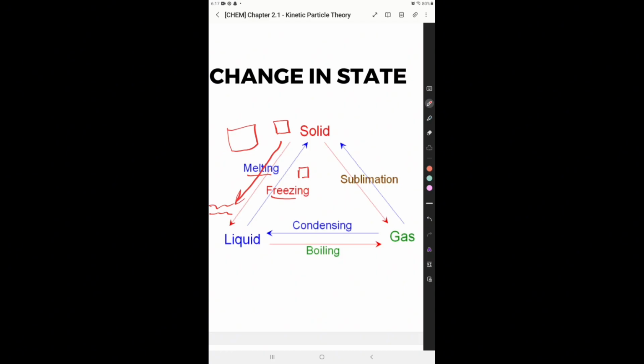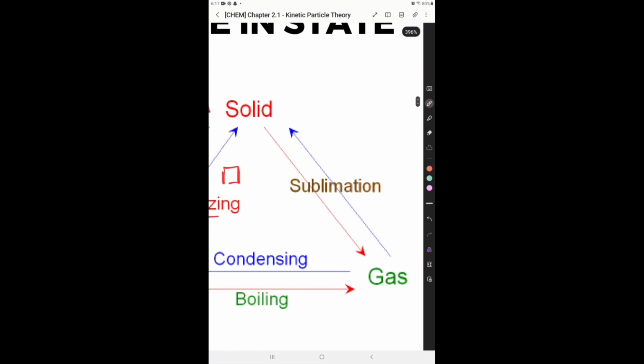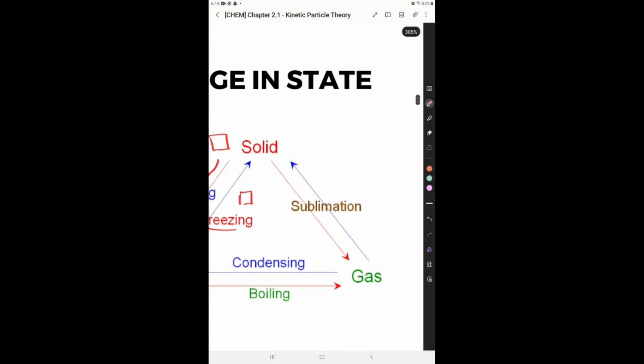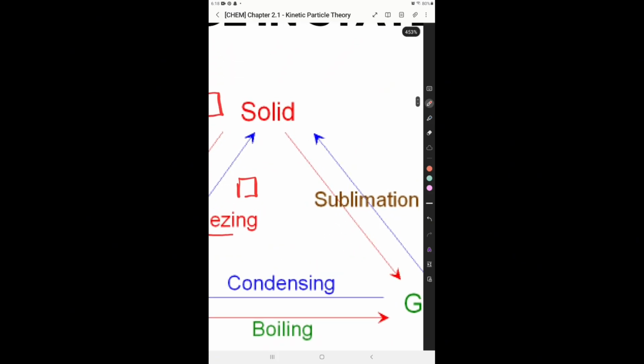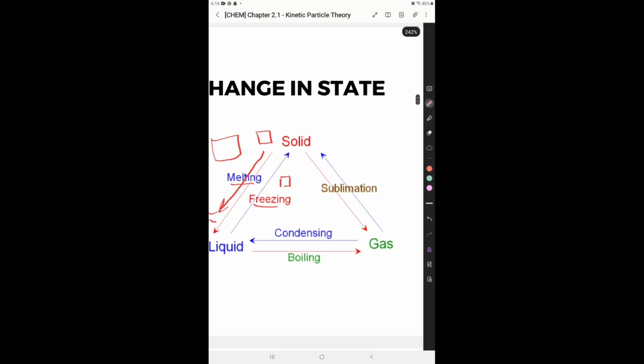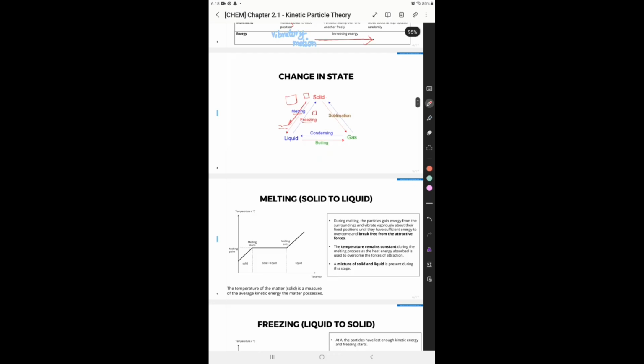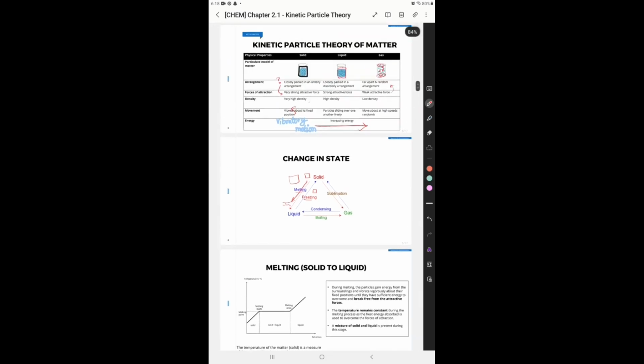And when solid turns into gas, that does not happen very often. It's not something that you would see around yourselves, a solid converting into gas. Can you give me an example? Yes, we can, because you might have seen carbon dioxide ice, I guess, I don't remember. They turn into gases directly. And if gas turns into solid, that is called desublimation. I don't know why they have not written this. So I think this would be enough.